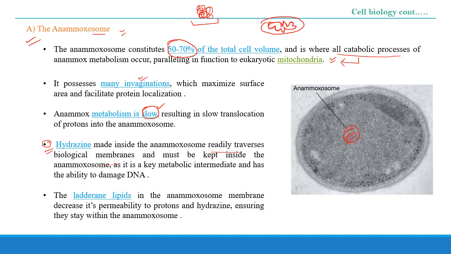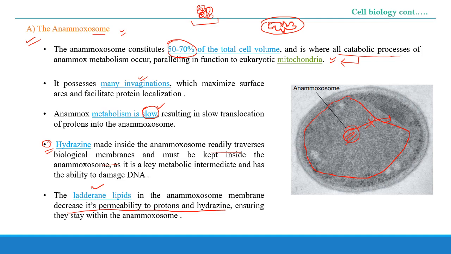And we have talked that if this is the Anammoxosome, there is a ladderane lipid which provides this protection. The ladderane lipid in the Anammoxosome membrane decreases its permeability to protons and hydrazine. That means this cannot go outside, because in the riboplasm, mainly the translation and transcription processes occur. So it should not go outside. It should remain in the Anammoxosome, and the ladderane lipid in the Anammoxosome membrane plays the important role in keeping